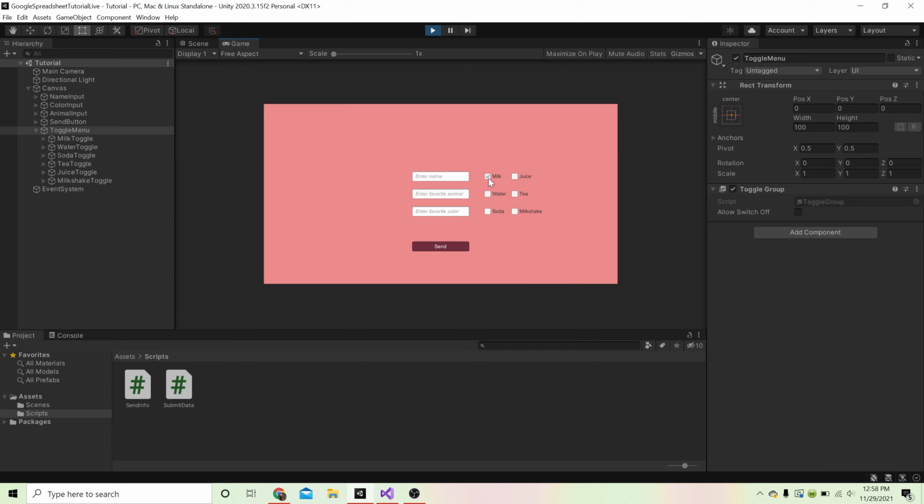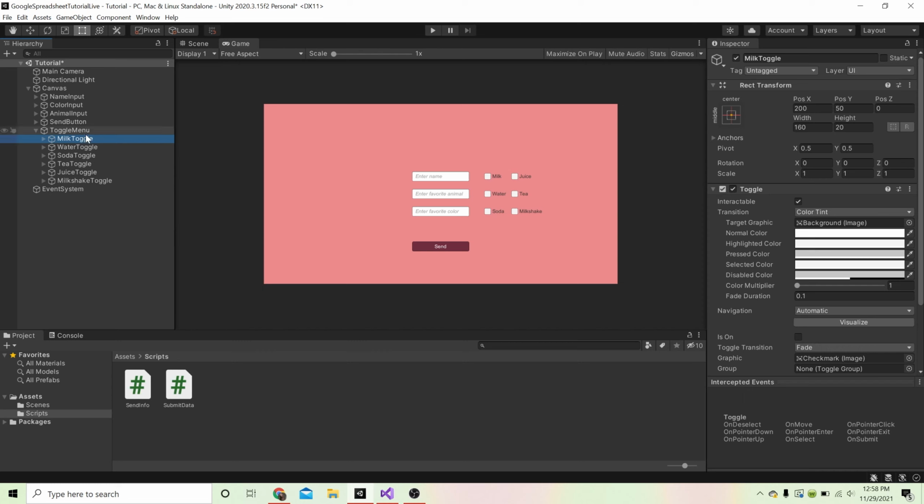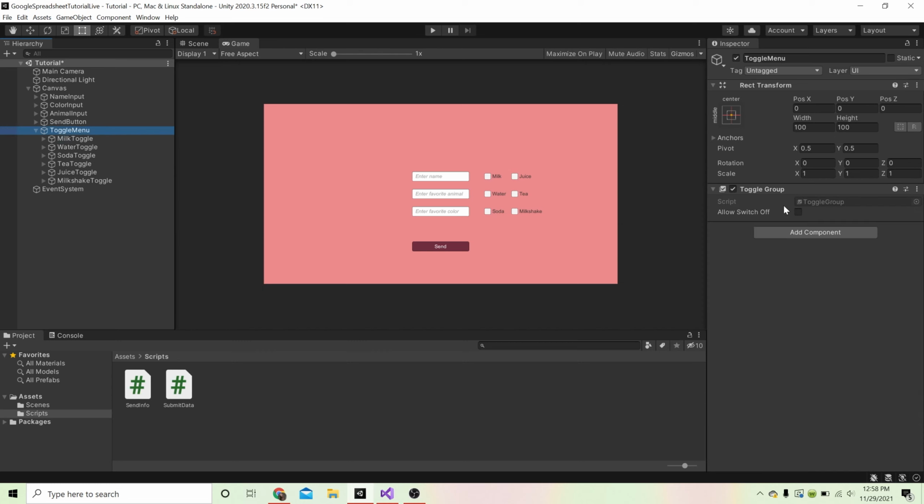All right, so you can see if I click on milk, it selects milk, and then if I click on tea, actually, hang on, I messed this up. Let me try this one more time. Allow switch off. No, I remember. So instead of what I just did, after you add the toggle group component,